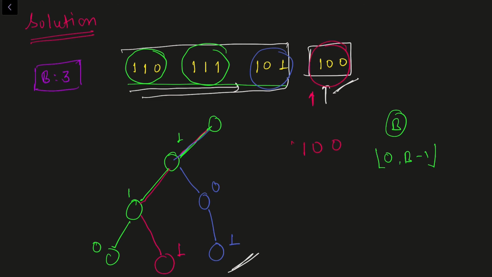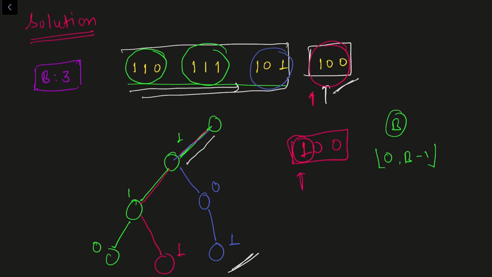So this is my value right now. I'll start from the MSB, that is 1. Now I will try to make it 2 first. So I'll search for a 1, and in our trie we'll see that we have a node which corresponds to 1. So we'll iterate on that.